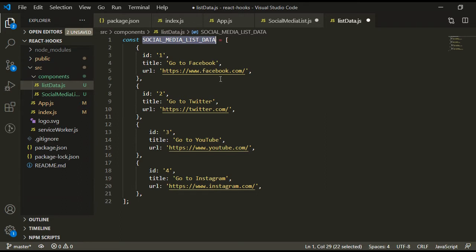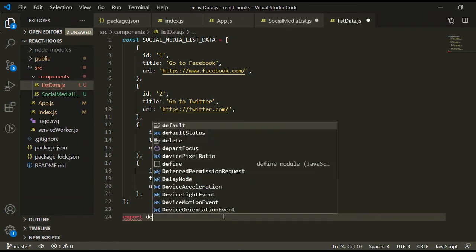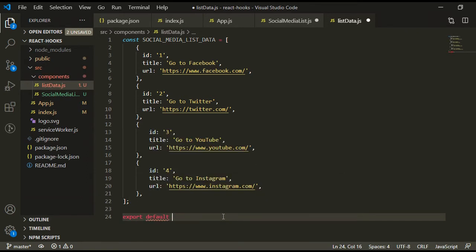To use this data outside of this file, we have to export this variable first. So let's export this. Export default and the variable name. Now we can use this data outside of this file.